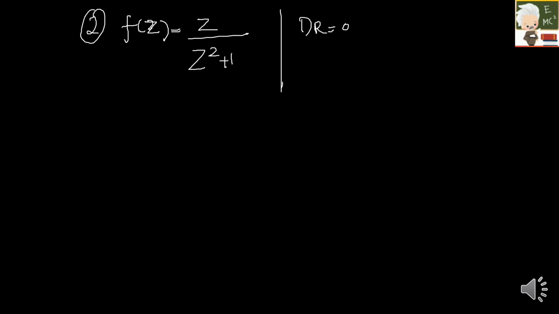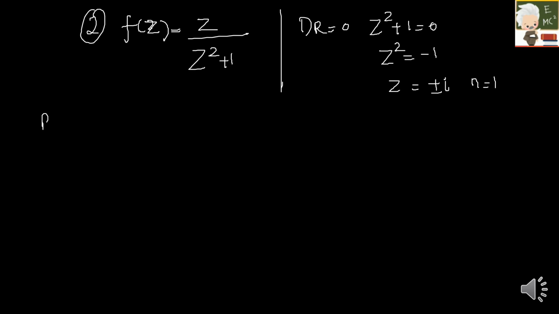So here my second question is f of z is equal to z by (z square plus 1). If you are solving along with the video, you can pause here and solve it and just cross check whether the answer you got is correct or wrong. That will still help you to motivate more. So my denominator should be equal to 0. So z square plus 1 is equal to 0. So z square will be equal to minus 1. So my z will be equal to plus or minus i. So these are my singular points. And here the pole is of order 1 for both the cases.